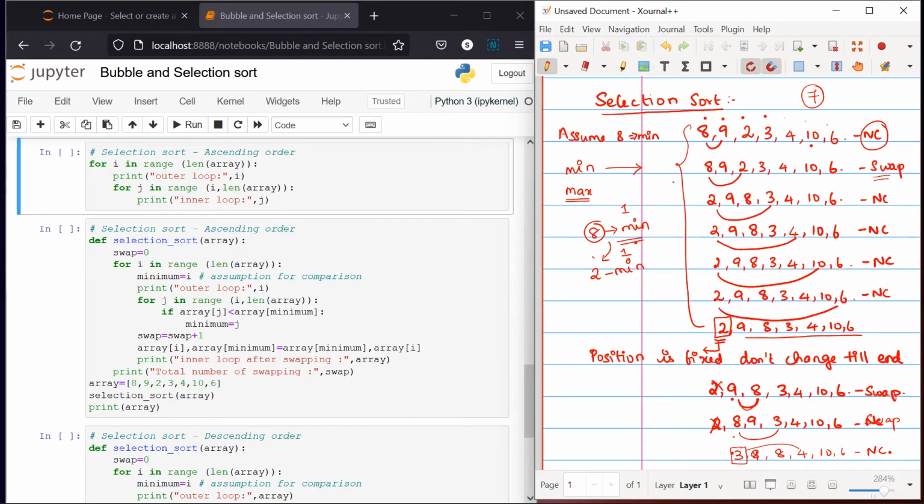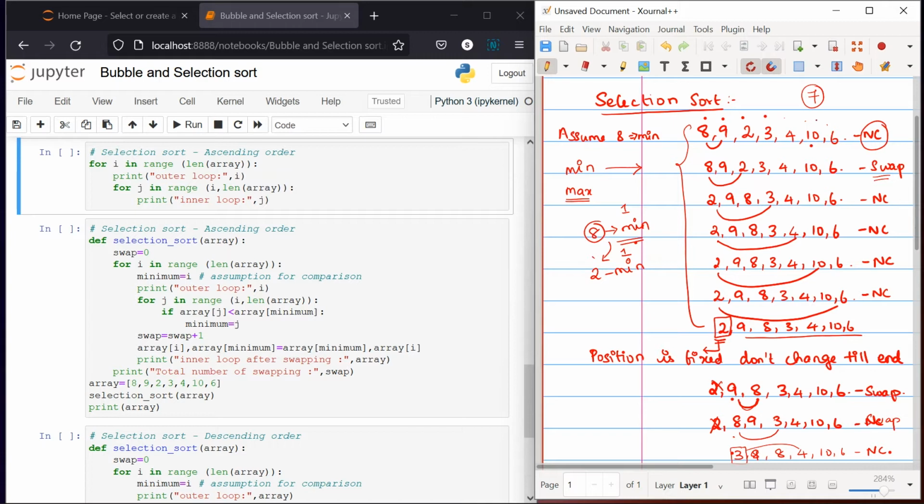So I think it is clear how selection sort works. If it is maximum, how are you going to work with it? Just compare between these two, 8 and 9. Whichever is maximum, you freeze the value. Whichever is minimum, you freeze the next value. So compare and compare and compare. So at last the maximum value has to reach here. Like this it is going to work.